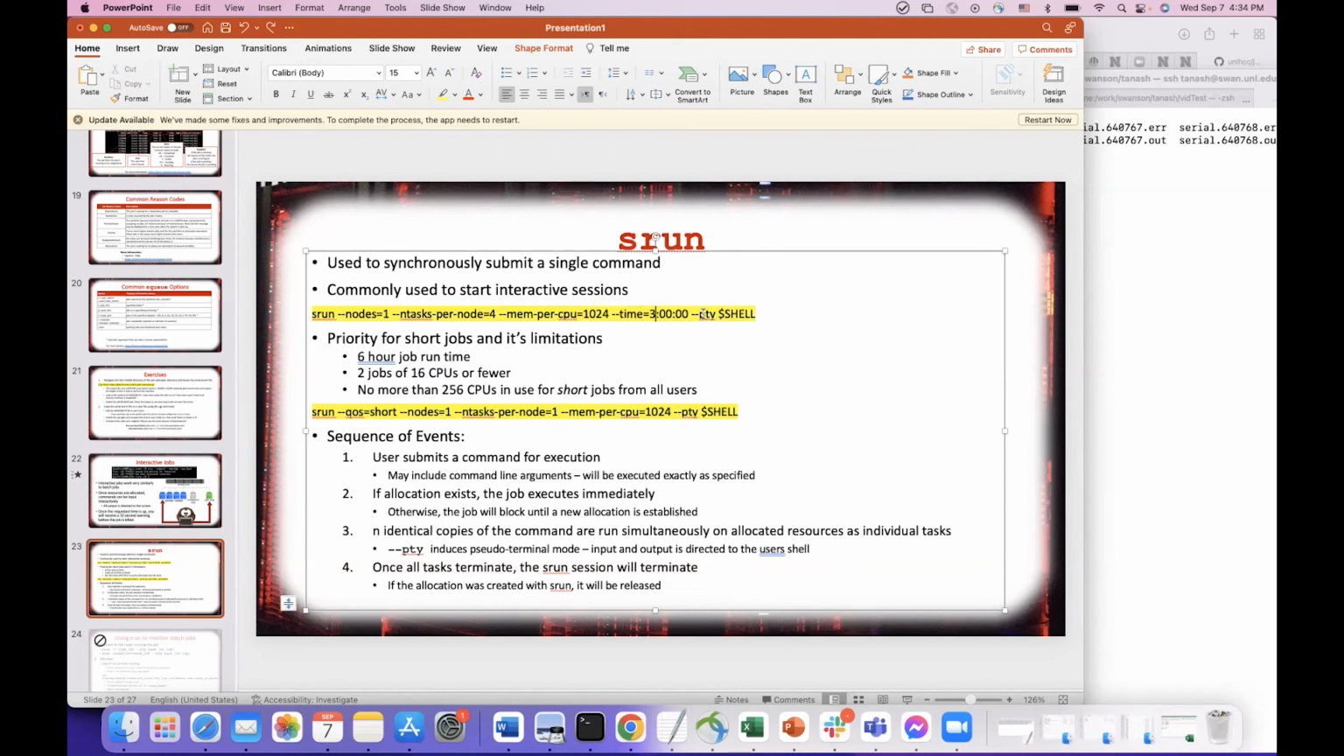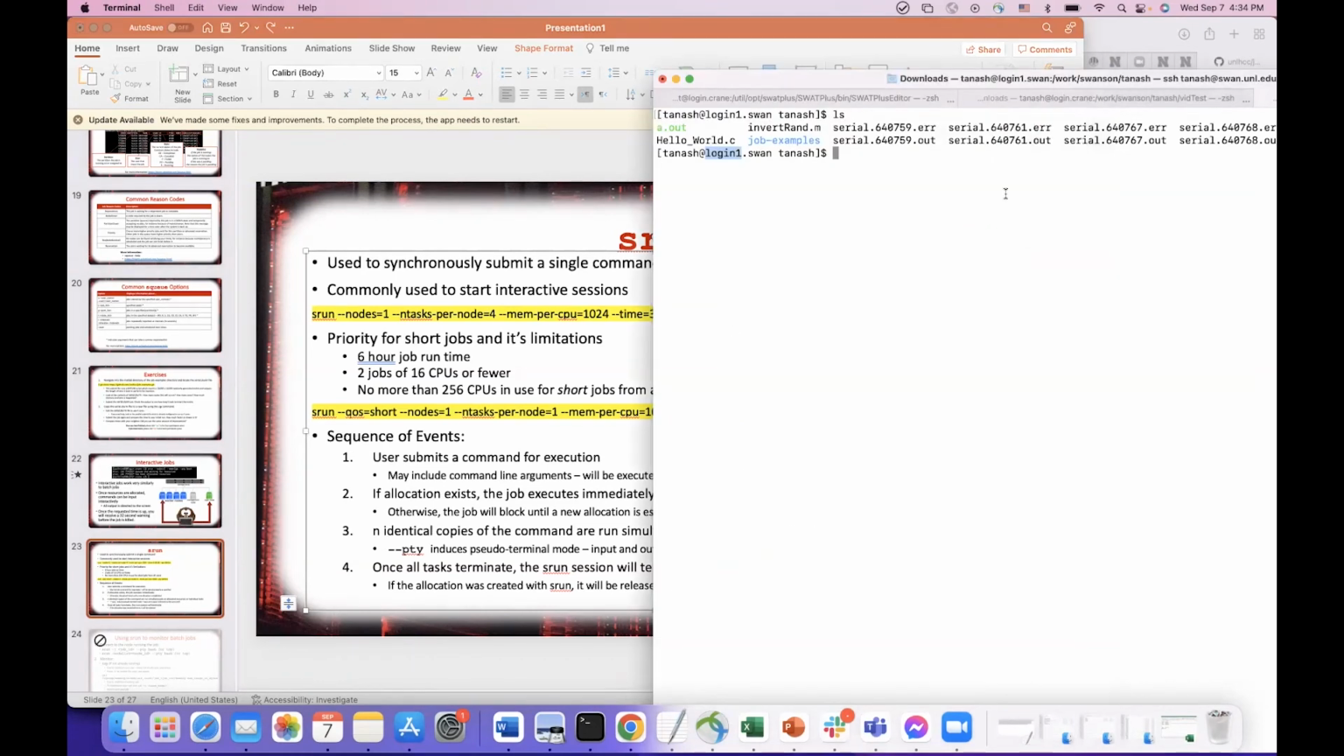And I need this to be PTY, which stands for pseudo terminal mode, which is where my output and input is going to be directed. And usually this is going to be to the shell. So if I run this command,